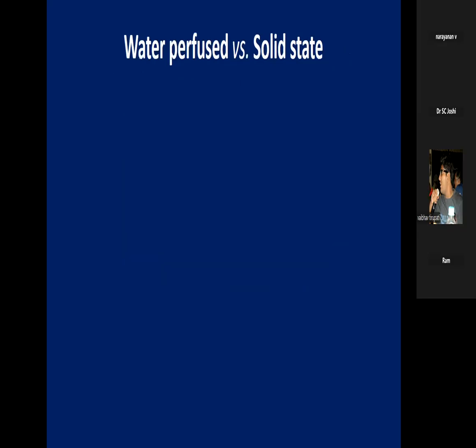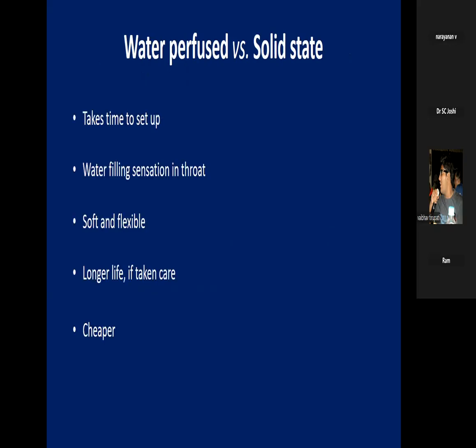So what is the difference between water perfusion and solid state catheter? See, the water perfuse system takes time to set up. And I can tell you from personal experience, having put this catheter down myself at least 4 times in the past for doing various studies, you constantly have this feeling of water filling in the throat because water is constantly dripping through the channels. However, the tube is quite soft and flexible, and it does have a very long life